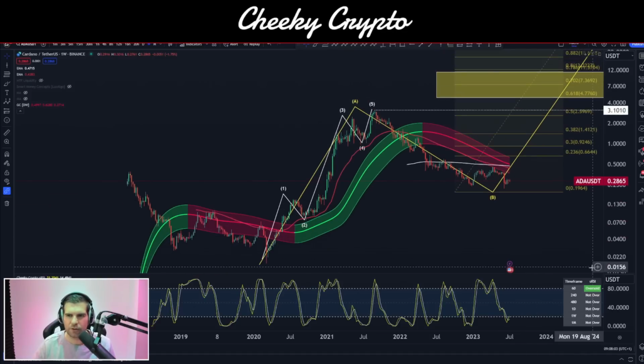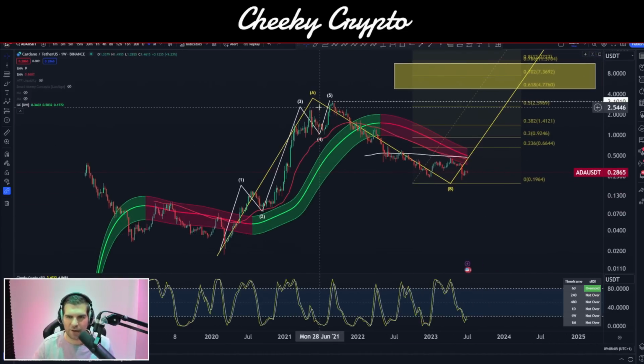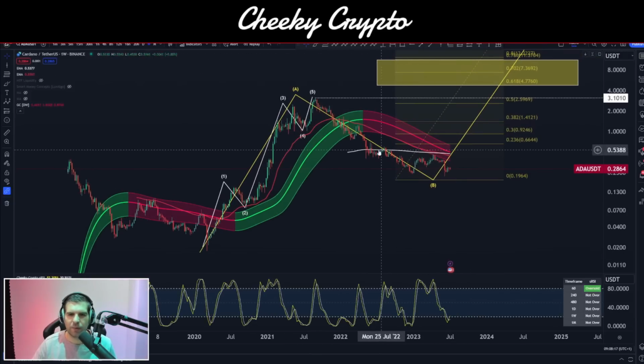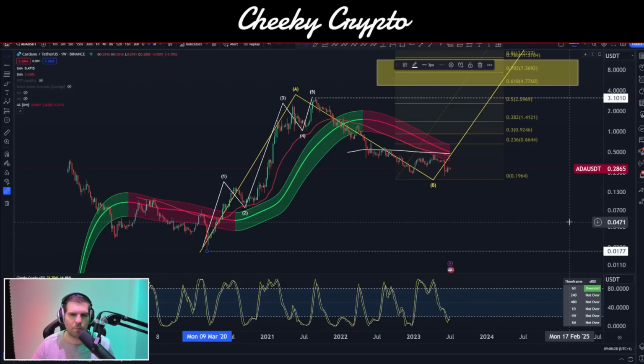Which brings us to future potentials. As I said, we start with 5 waves, we must end in 5 waves. That means our move in the next bull market needs to be a 5-wave structure, and that 5-wave structure will be impulsive. So it looks like it's going to be pretty good. We can come down pretty deep here and still have a very impactful move to the upside in the next bullish market for Cardano, and that's great. Where would invalidation sit? Invalidation would sit down here at 1.77 cent.